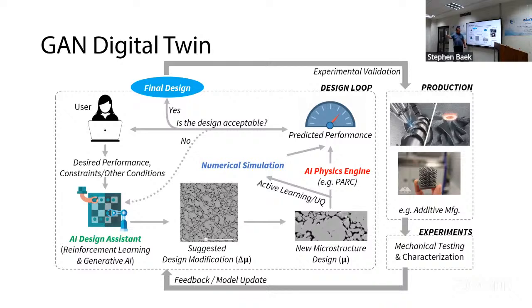Yeah. So thanks for this example. What I would do is to train GAN to generate